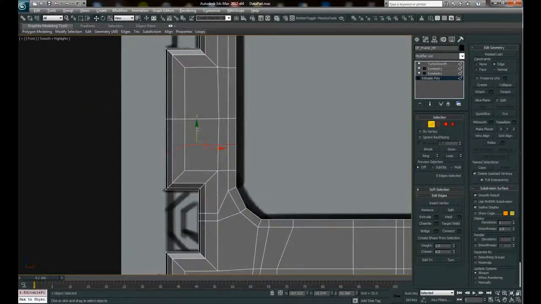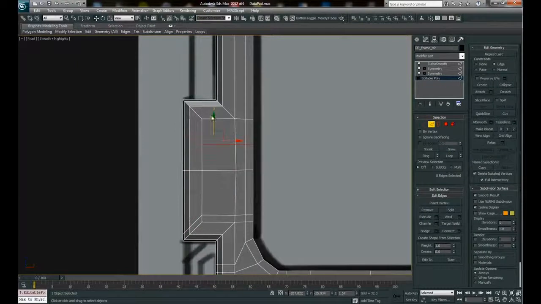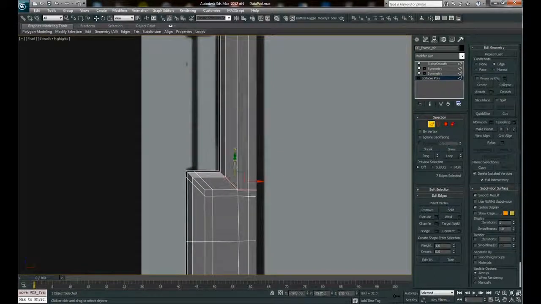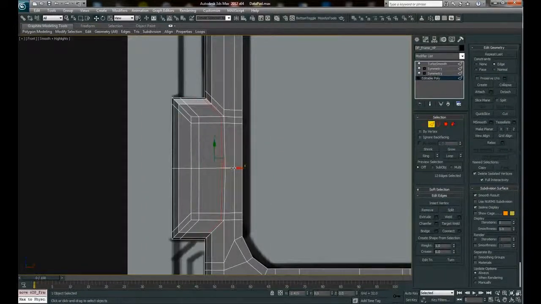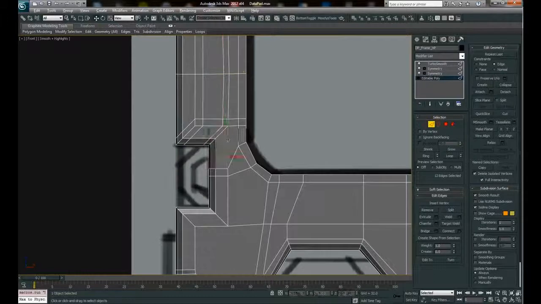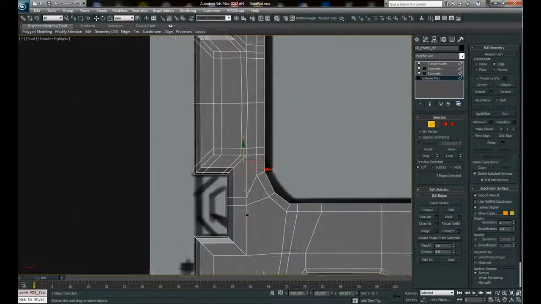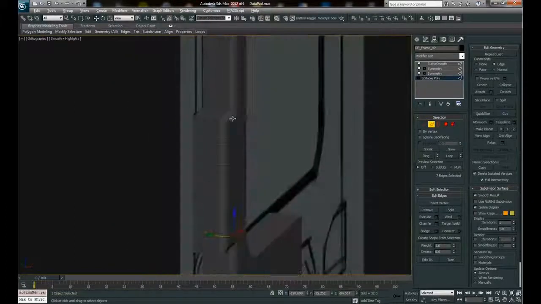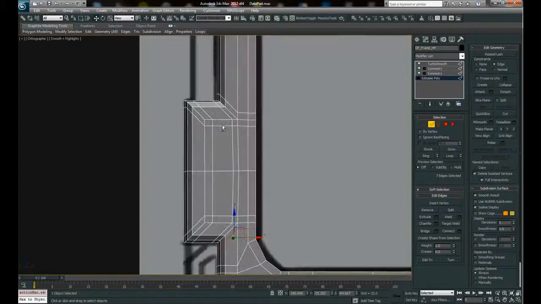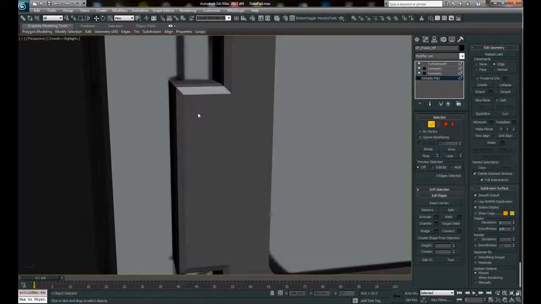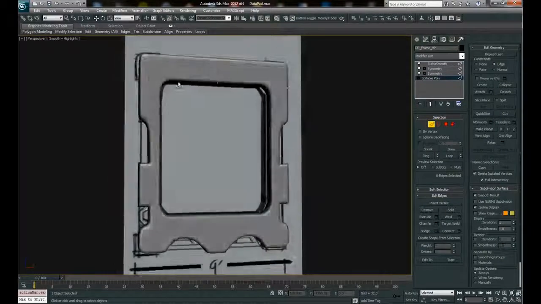Alright, we're getting further into the high poly now, and now we're going to go through and start adding our control edges. And you can see that I'm using the connect tool a lot here, and I'm constraining the movement of my edge flow and my edge loops here to actually edges, and that can be controlled up in part of the edit geometry function. And